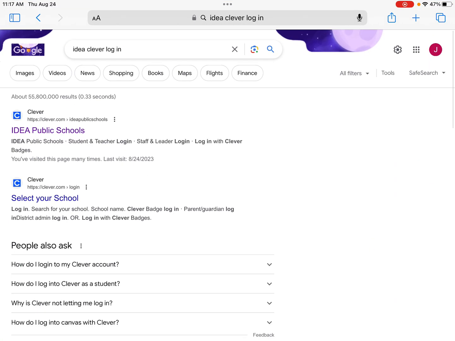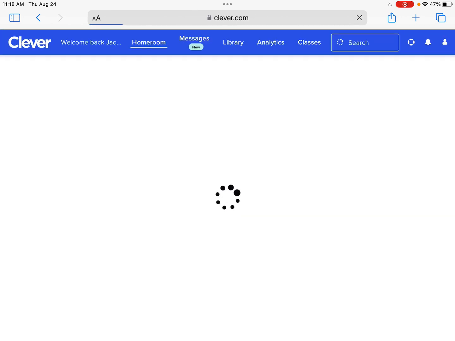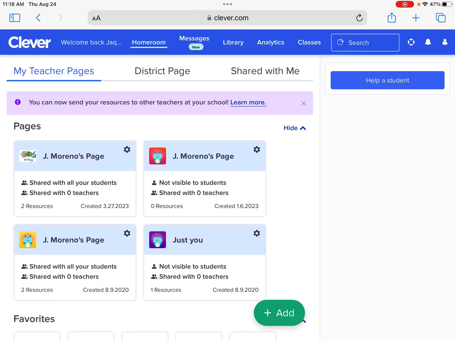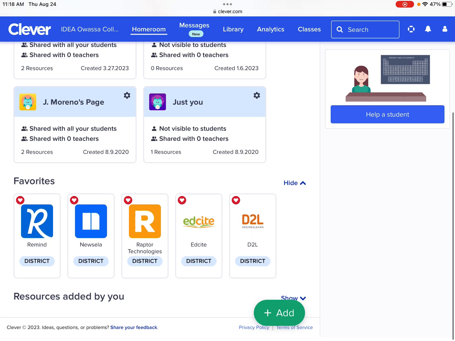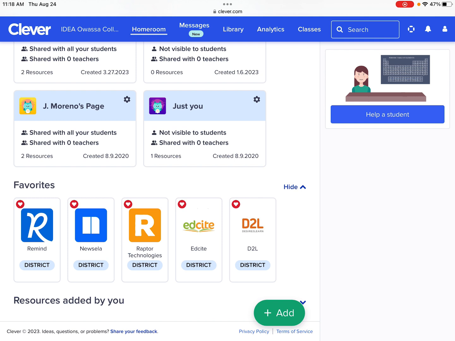Now to get to EdSite from Clever, right? So whatever you're using, whether it's Microsoft Edge or Chrome, make sure to Google Idea Clever login. If you put Idea Clever, it'll be a lot faster for you to log in. Idea should have your information saved, so it'll automatically take you into your Clever page. You might have to input your information again, but if you do, just make sure you put the same thing, your ID